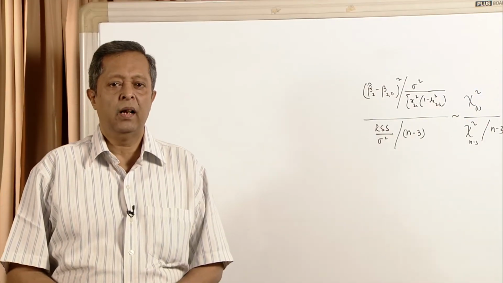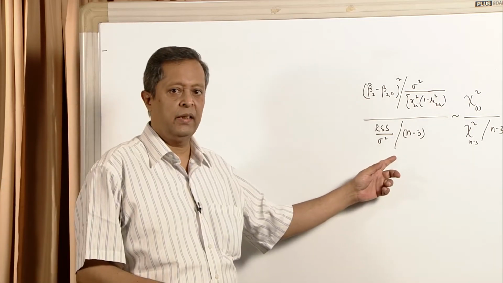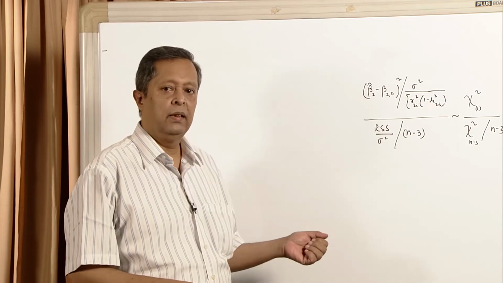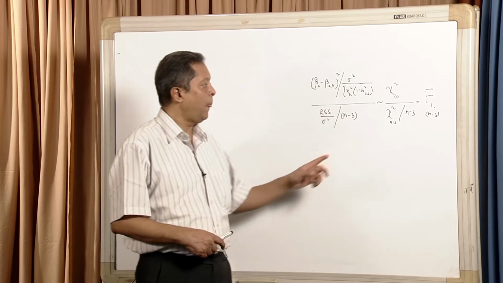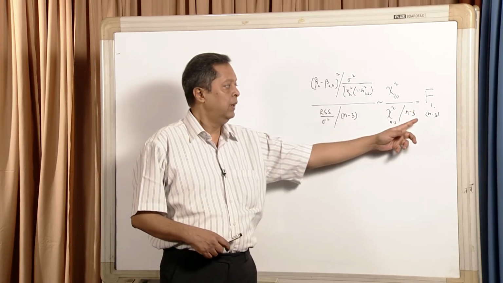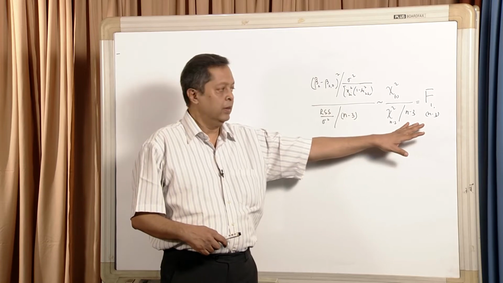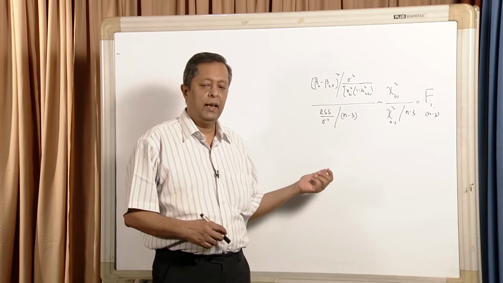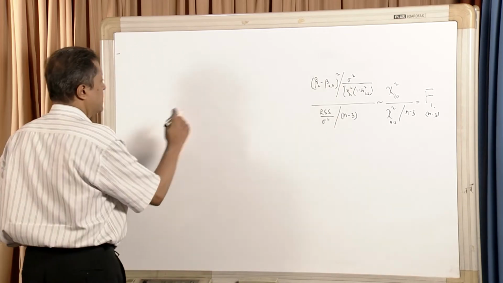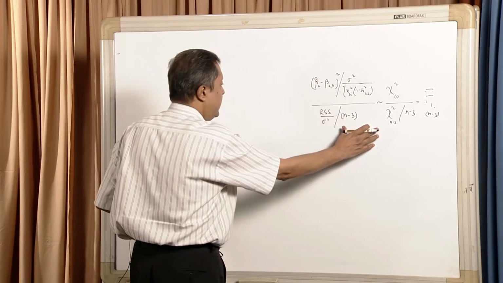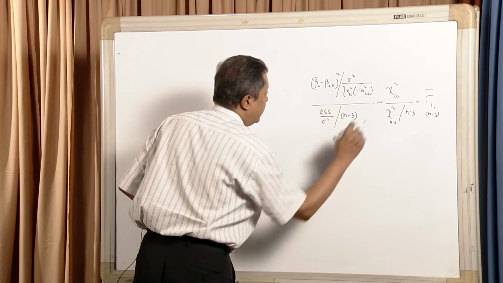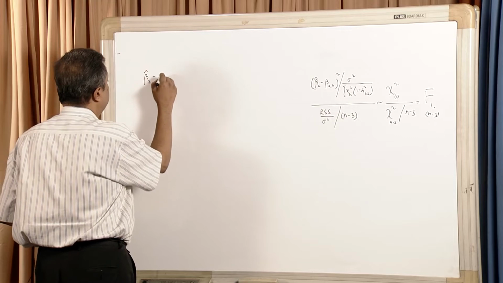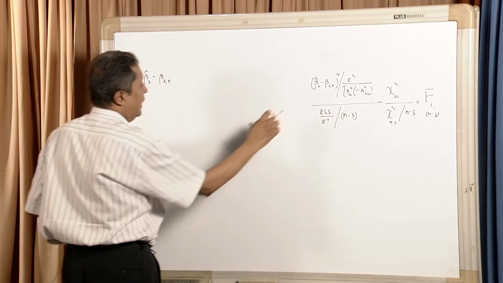We will now see how to convert this F statistic into a T statistic. It is a fundamental result that only in case of an F distribution with the numerator having 1 degree of freedom and the denominator general degree of freedom, we can take the square root of this, and that is represented as a T distribution. So, therefore, the square root of this will follow a T distribution with n minus 3 degrees of freedom. So, beta 2 hat minus the specified beta 2 naught, and take off the square,